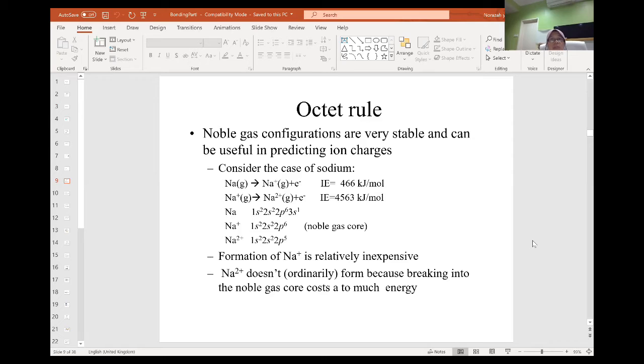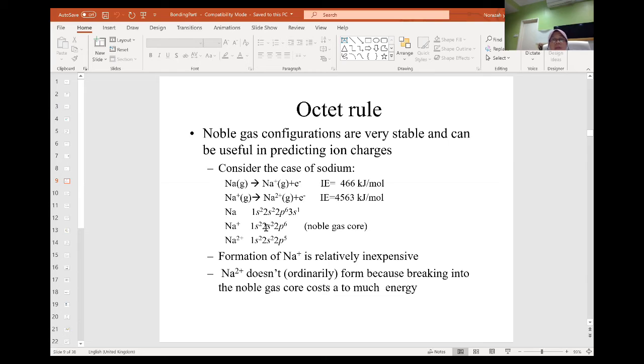So one of the easiest way to understand octet rule is all about stability. So the first aim to achieve stability is to have a valence configuration similar to the noble gas core. So if you can see the sodium, this is the electron configuration at elemental stage or at basic stage. And once it releases an electron, you can see